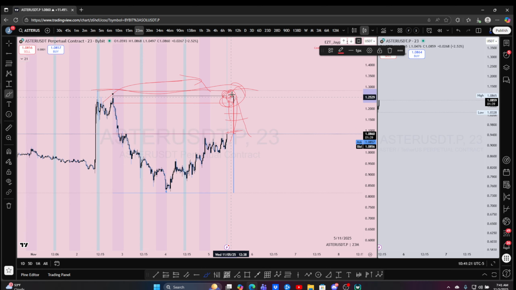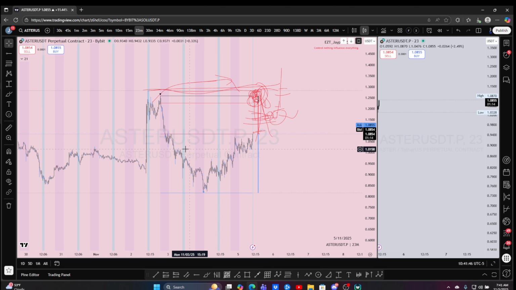Since we're not able to, this is the logic again, we're not able to fair value higher, then it's going to create new fair value to the other side to reach the previous fair value to rebalance. And then it will create new bullish imbalances off of that absorption and create new fair value if it's going to hold here. Right? Then we can take out the equal highs again with new fair value in the market.